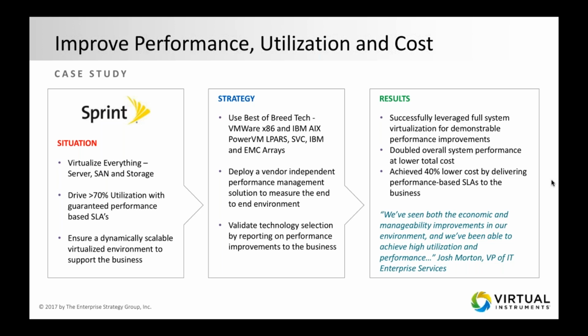And they had no choice in their desire to deliver an SLA but to find a vendor agnostic, vendor independent solution that wasn't just vendor independent, but generationally independent. So whether it was the latest VMAX or a legacy IBM Shark, they could get consistent